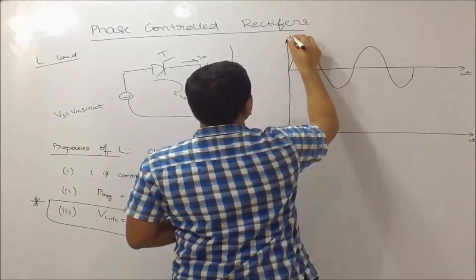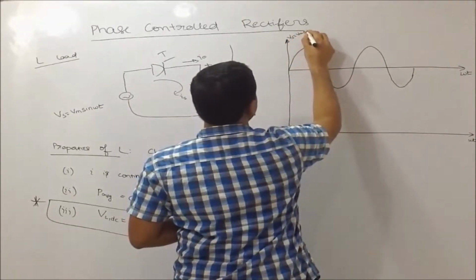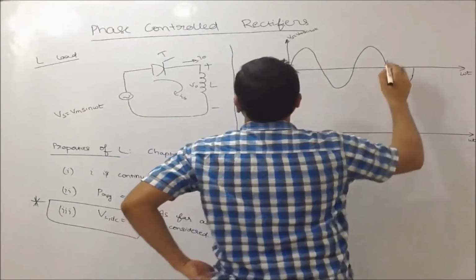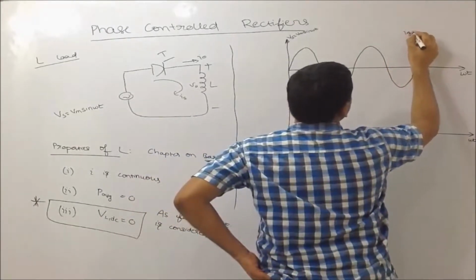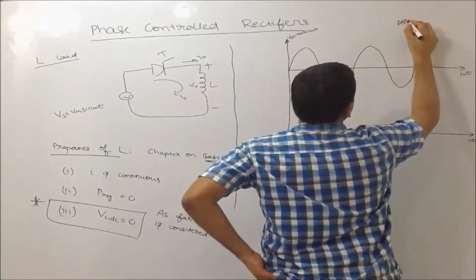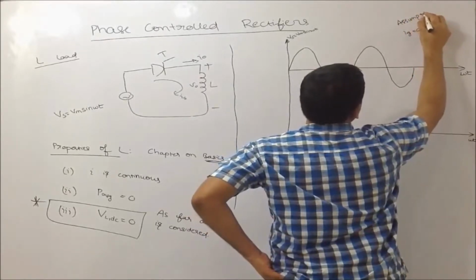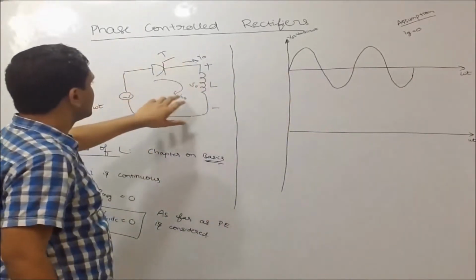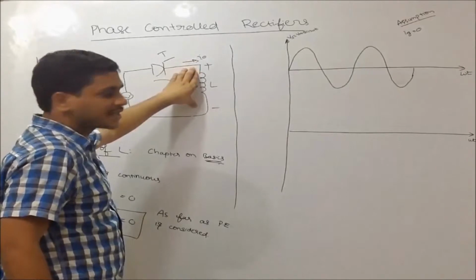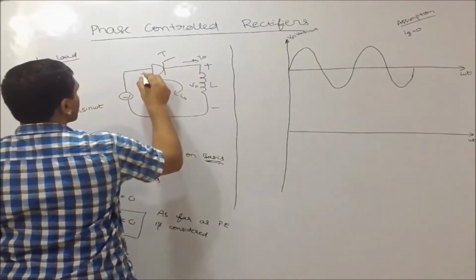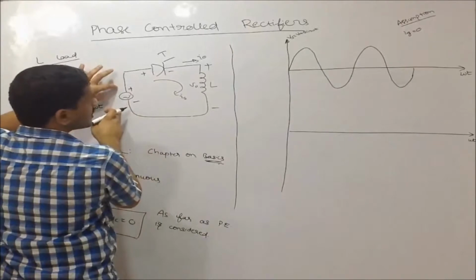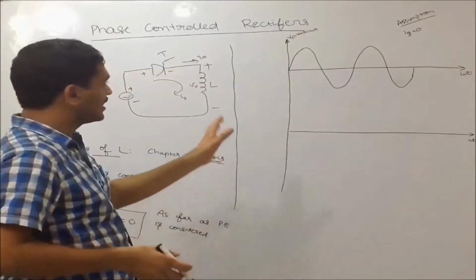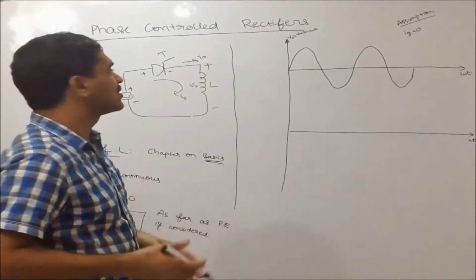This is the supply voltage, Vs equal to Vm sin omega t. Now, Ig, the gate signal, is 0, an assumption; the gate signal is not given. Then the current in the circuit is 0, Is or I0, and the voltage across the inductor is 0. So the voltage across the thyristor is the same as the supply voltage. Now we will see in which cycle it is forward biased and in which cycle it is reverse biased.